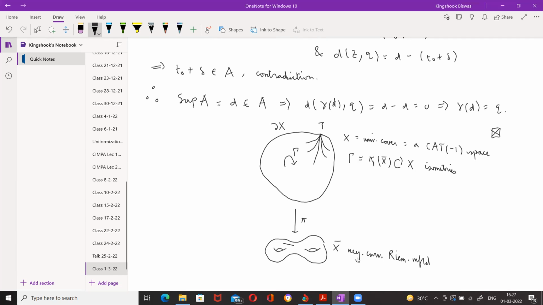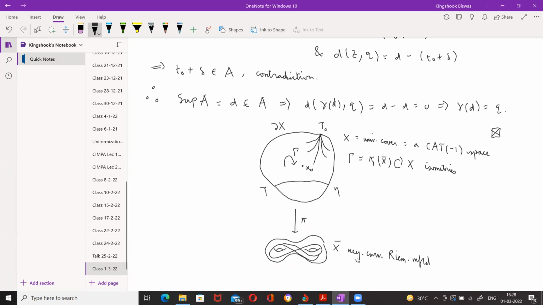So you have the geodesics below. You have these geodesics below which go round and round and do all sorts of things. Above, they lift to bi-infinite geodesics, which are simple, without self-intersections. This will be the lift of this geodesic above. The lift will have a pair of endpoints on the boundary, xi and eta. And now, if I fix a base point, x0,